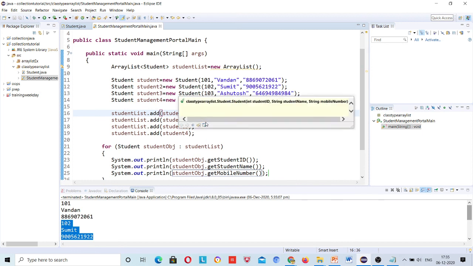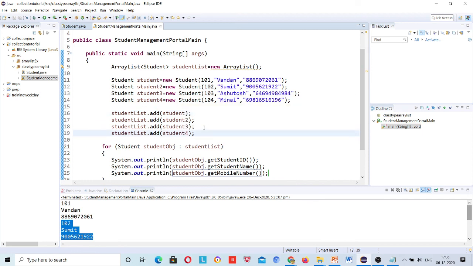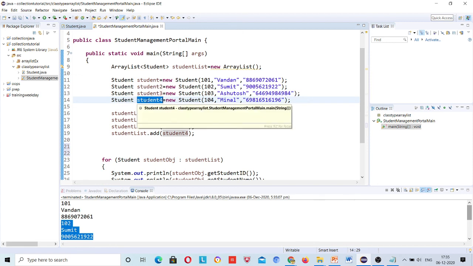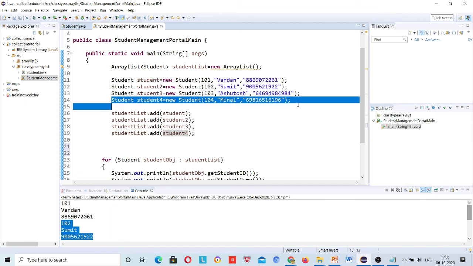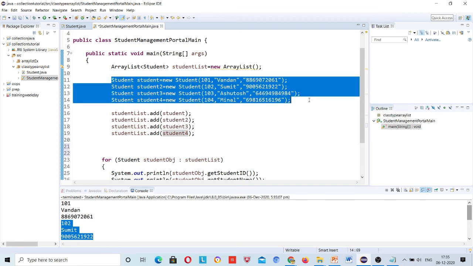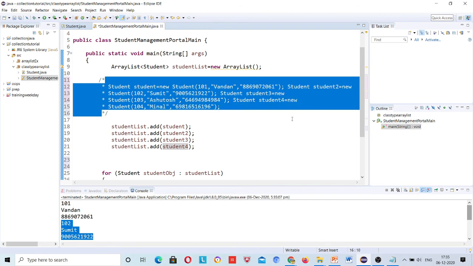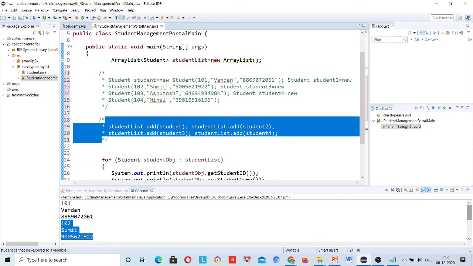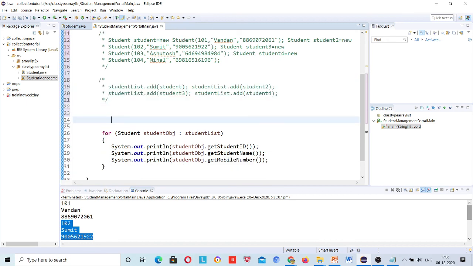We can do it in a different way as well, right? And I will show it in one line here. Here one object created, 2 objects created, 3 objects created, 4 objects created. Suppose 1000 students are there, then will you write this same line 1000 times? No. Then the better option is that I will comment this, you can refer to it for your understanding, and here this also I will comment, I will not delete it, you can refer to it later on.